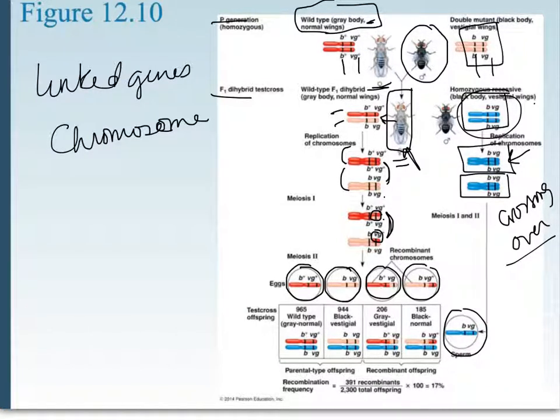Now, this whole thing right here is your whole Punnett square. The reason we only have one row is because Dad can only contribute one kind of chromosome. There's no need for us to pull it out there 4 times. And so we run the cross, we count the babies, and what do we get? We have 965 of them that are wild type gray normal. Okay, so that's like mom. We have 944 of them that are black vestigial. Okay, that's like Dad. Well, then we have 206 and 185 that have one characteristic of mom and one characteristic